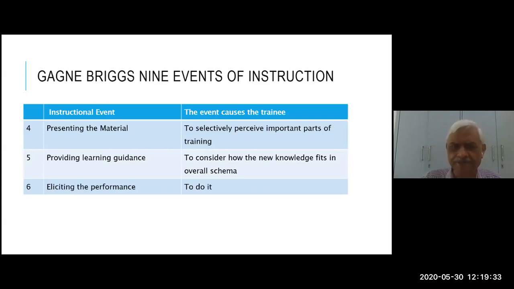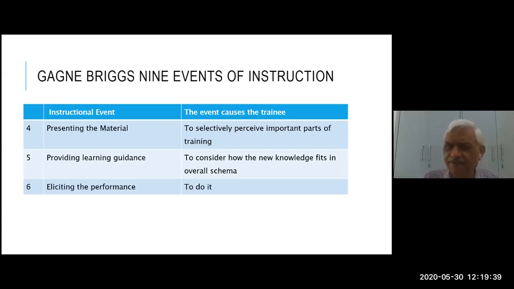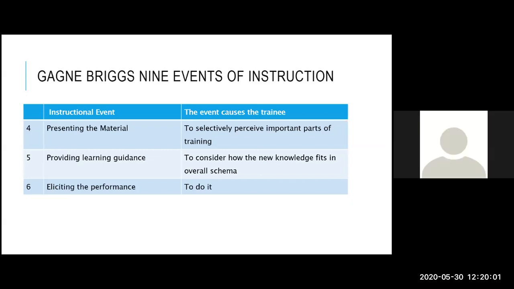Okay. And does it always have to be in a hierarchy? See, things don't really flow very sequentially. Many things are always very iterative, right? So yes, you take these 9 steps in this sequence, but there will be iteration, means there will be going back and forth. Okay. Thank you.